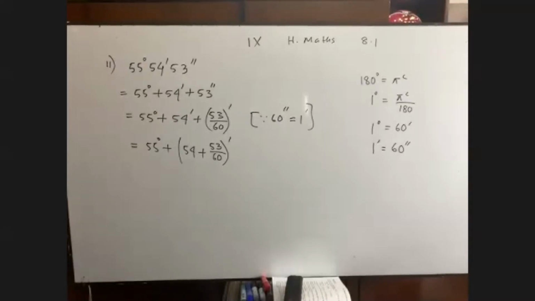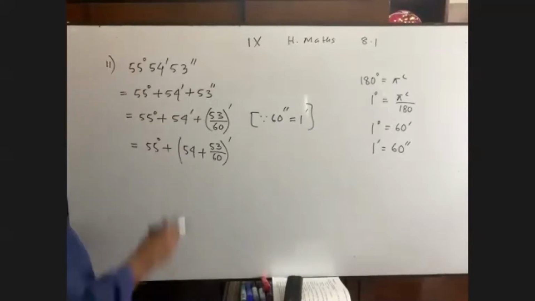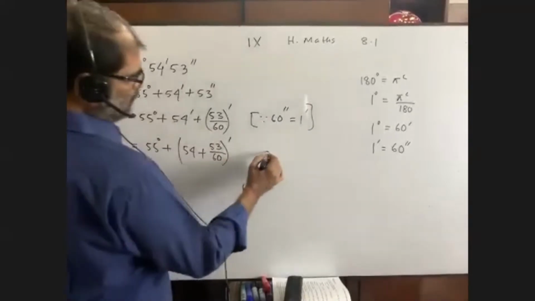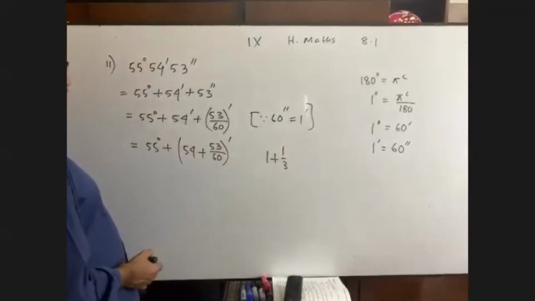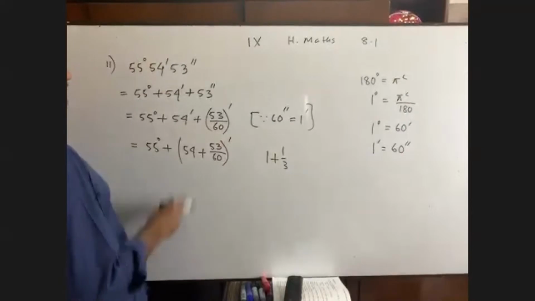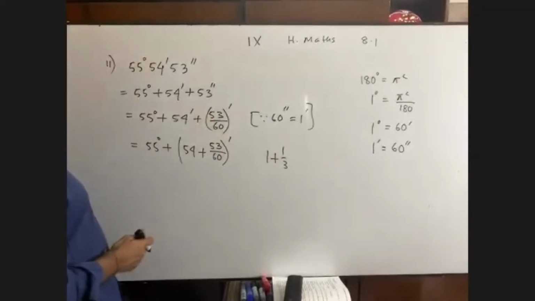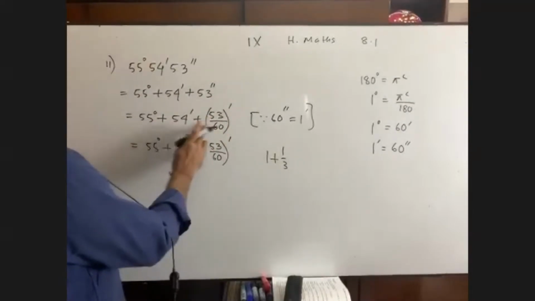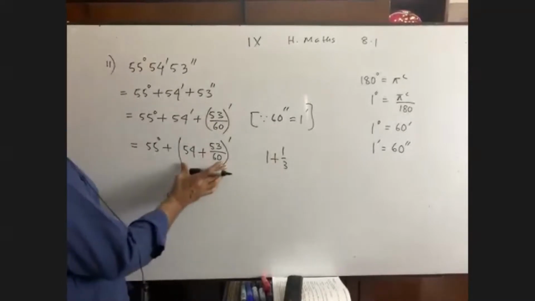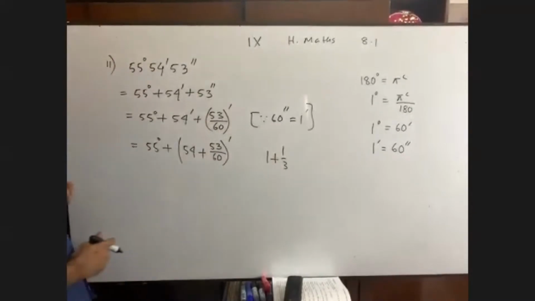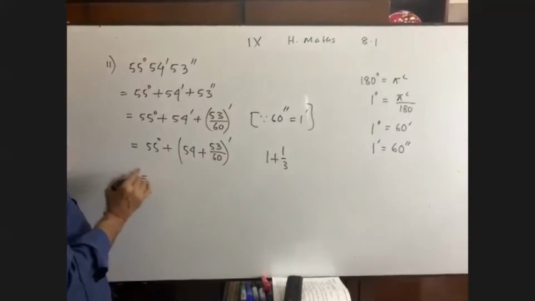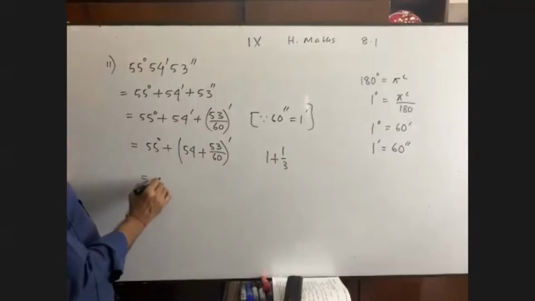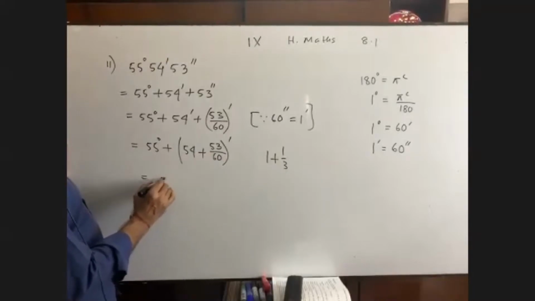Okay. Is it okay? As I told you earlier, 1 plus 1 by 3. This is minute, okay? In this way. So it is one by 3. So I have taken in this way. Anyway, it can be done again. You see, I am going to do it in another way. It can be done in this way.